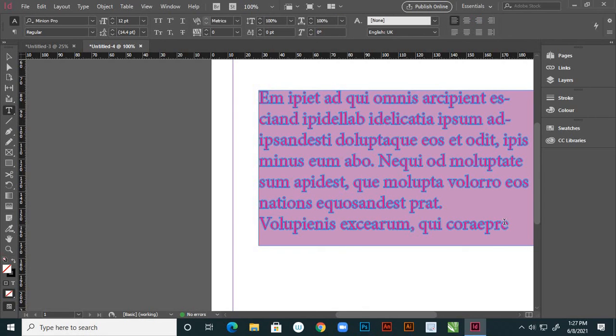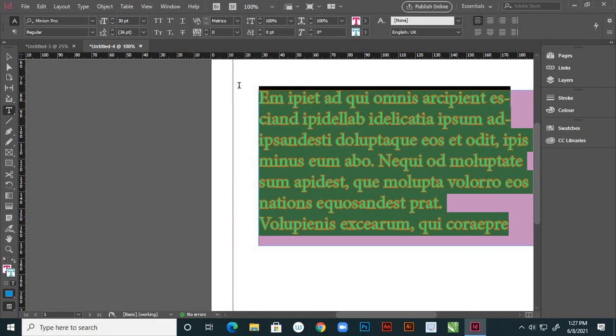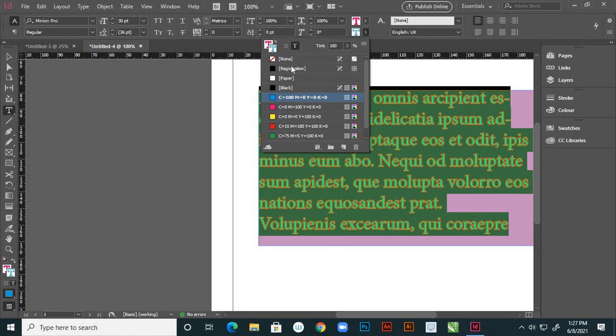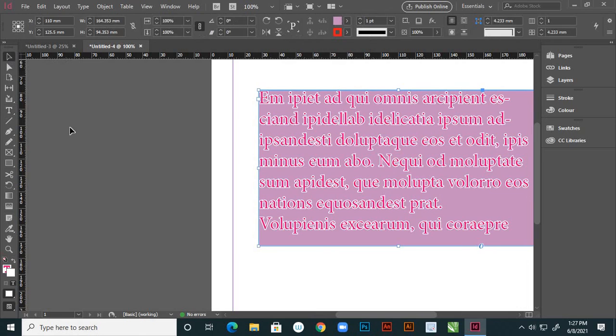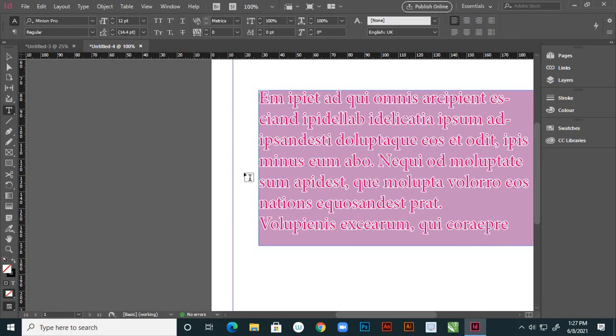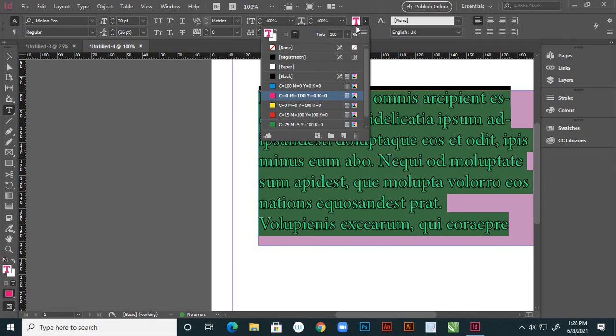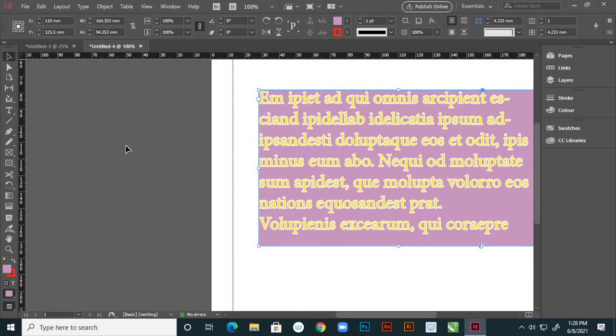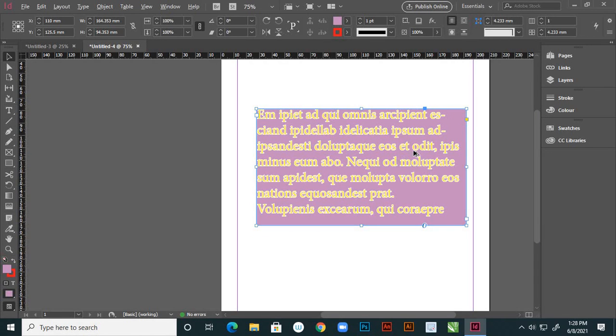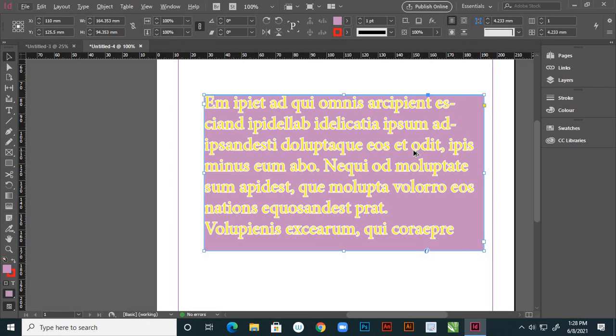Suppose I'm using the text tool again and select everything. Now I'm choosing this white. Now see the white outline and the pink or red color text. Now I want to change this into, suppose, yellow, right? Now see we changed it into yellow, right? So this is the way to change text color or text outline color in InDesign, right?